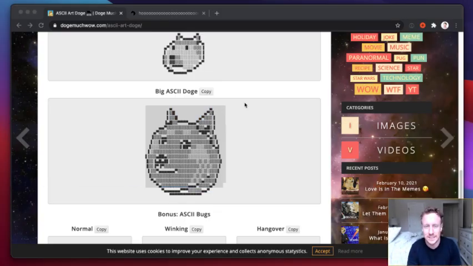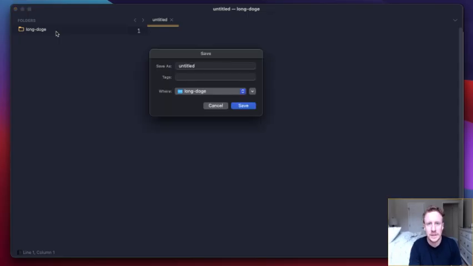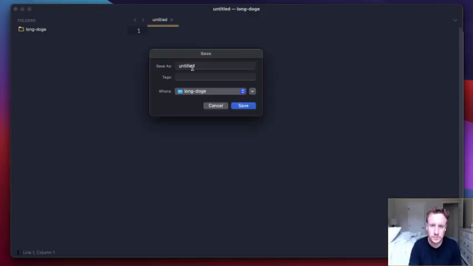Yeah, let's jump into it. So I've just made a new folder. I'm going to make a new file as we always do. Oh no, how long has that been there? Oh no, it's not. Okay. Yeah, as we do,